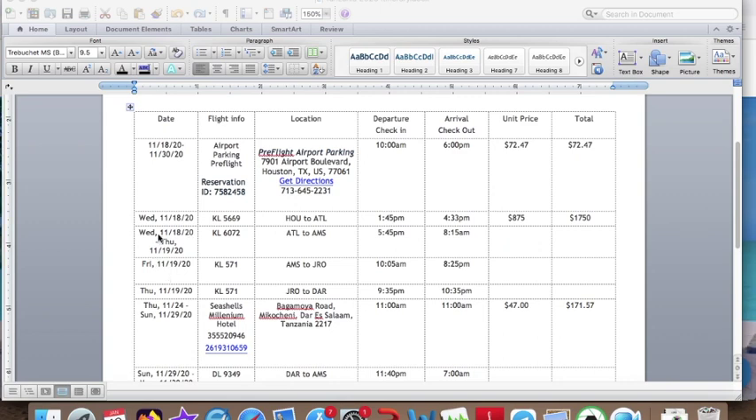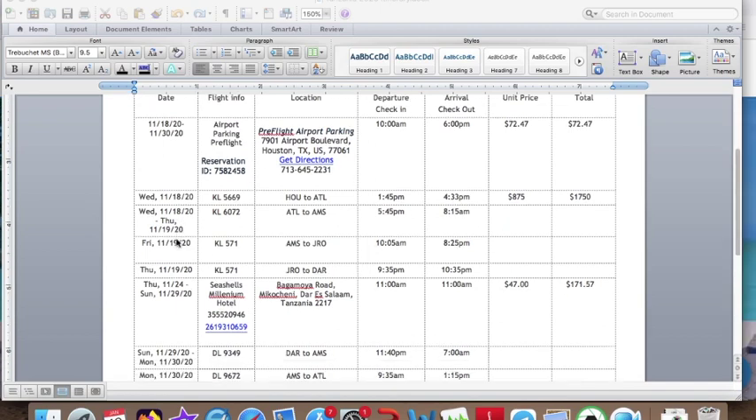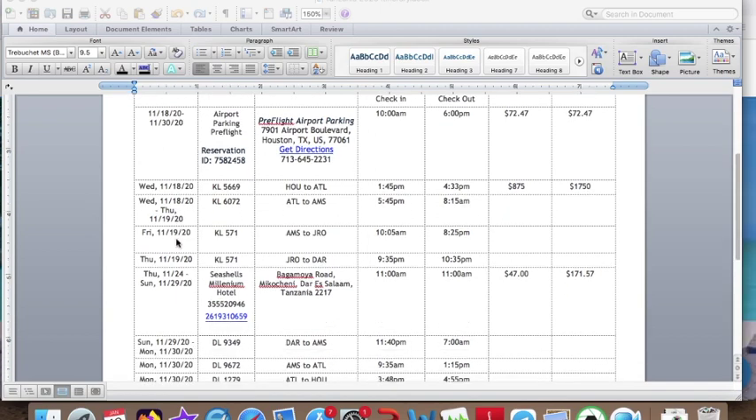Okay, so then here we see exactly what I'm talking about, where there's a Wednesday I'm leaving from Atlanta, but I'm arriving on a Thursday at 8:15 a.m. So you definitely want to make sure that you accommodate that appropriately on your list. Okay, so then I had another flight. So we see here I went from Atlanta to Amsterdam. I arrived at Amsterdam at 8:15 a.m. I had another flight, so I didn't actually get to Tanzania until Friday,